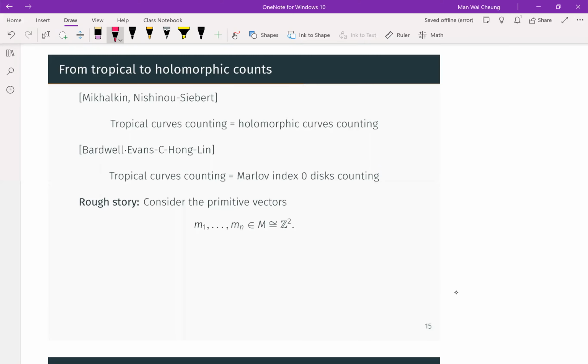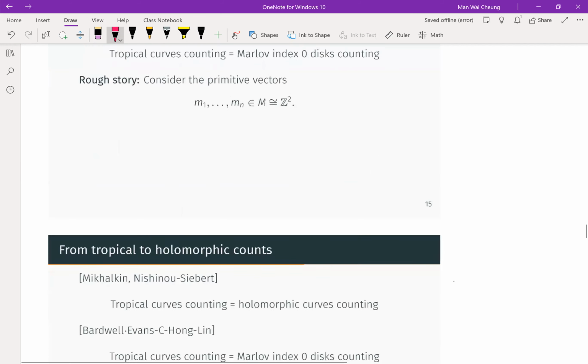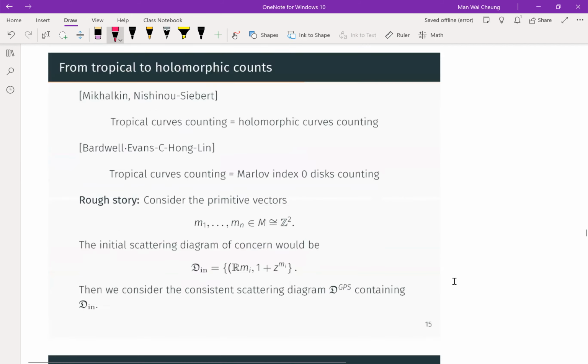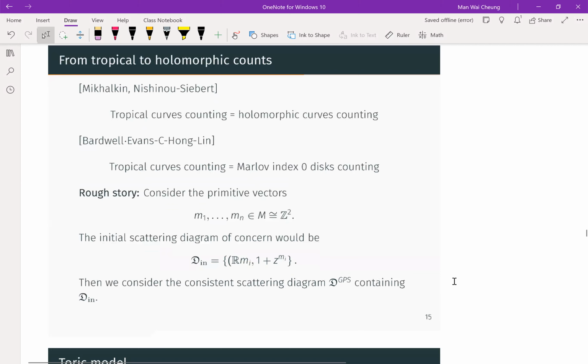So we look at a collection of primitive vectors in Z^2, and then we construct the scattering diagram we have in mind. You can see the initial scattering diagram we have in mind is we look at the line with that direction, and then